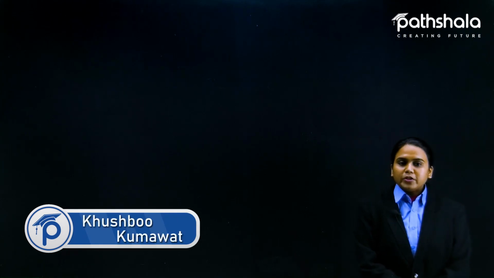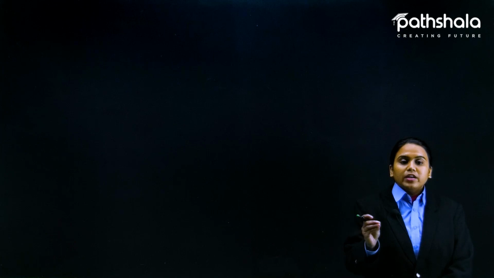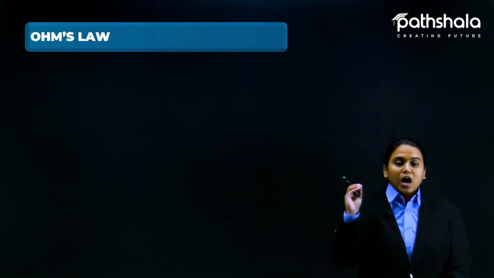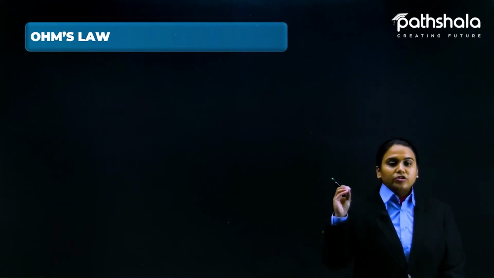Students, after the completion of electric circuit and electric current and various components of our electric circuit diagram, that is key, wire, voltmeter, ammeter, switch, everything that includes, we have now come to our topic, Ohm's law. Yes, this is the most asked question and a very prominent topic of this chapter.